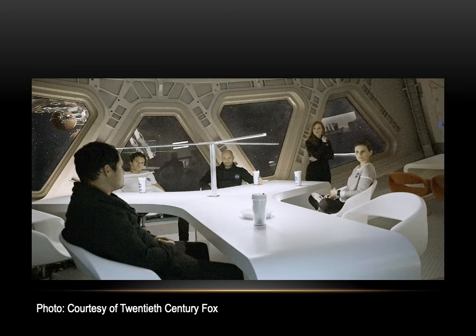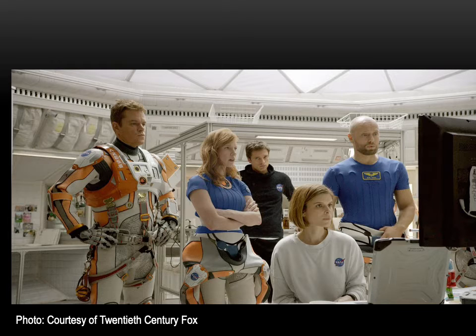This was kind of the main control room, and you see there are lots of windows and views out and big spacious interiors, which in fact there are more limits than this currently on the design of these spaces. Here's another view, and you see them all gathered around a computer screen, and you can see some of the canvas bags for storage in the background, which is what NASA currently uses,